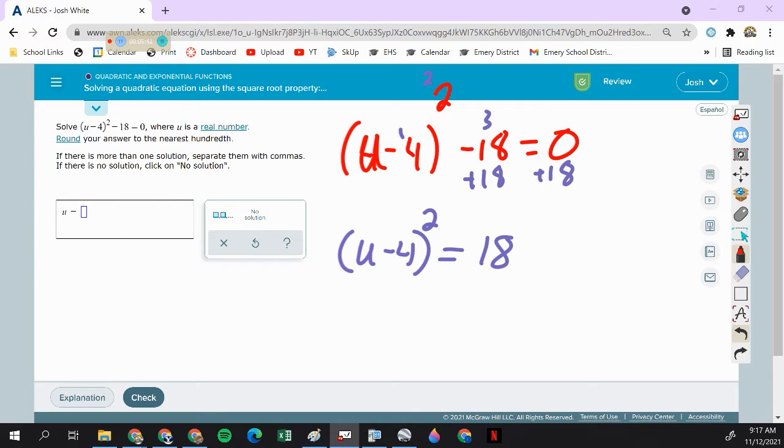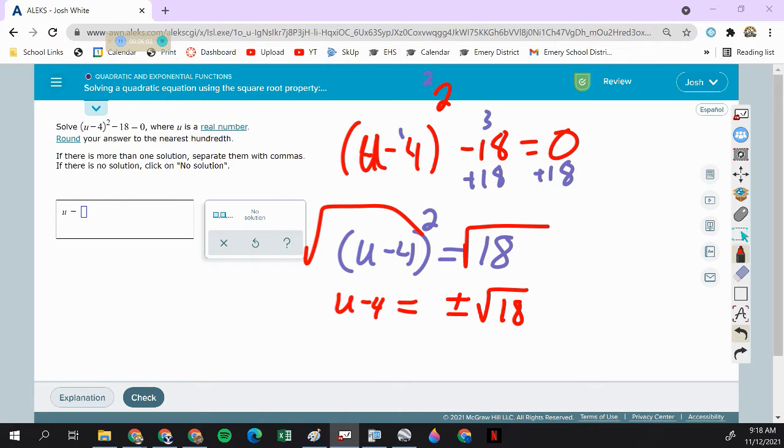Now what should I do? Now we undo the second power by taking the square root. And I get u minus 4 is equal to plus or minus the square root of 18. Everybody follow? Now we add 4. And our two answers are 4 plus root 18 and 4 minus root 18. And then we have to decide, does it want me to simplify the square root or does it want a decimal? You look at the instruction,